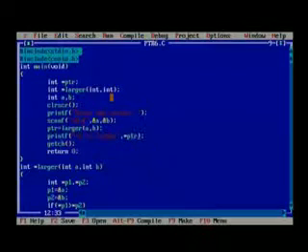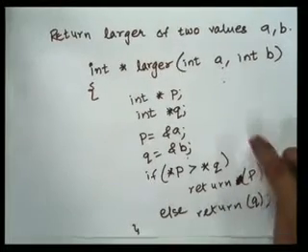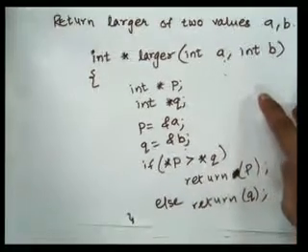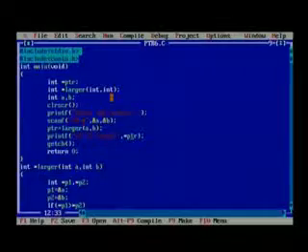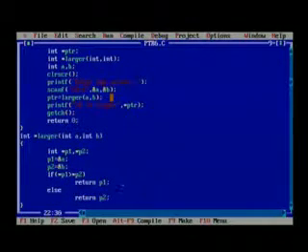So ptr will have the address of a if it is larger, otherwise the address of b. In main it is reflected as ptr, and ptr is a pointer, so we need to access the value by using the indirection operator, that is *ptr, right? Then see how the function is defined, again the way I have shown it. int *p1 and p2, p1 = &a, p2 = &b. If p1 is greater than p2, it will return p1. It is returning a pointer, that means it is returning an address, so the accepting variable should also be an address.